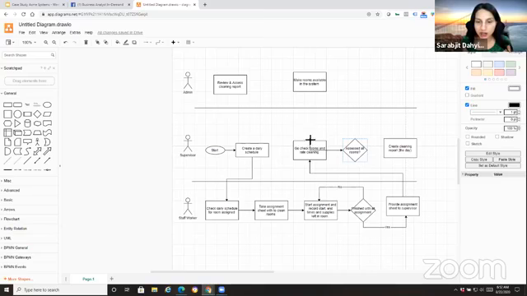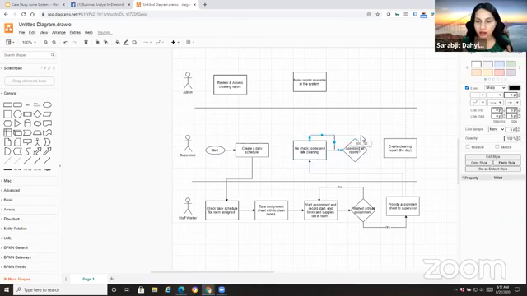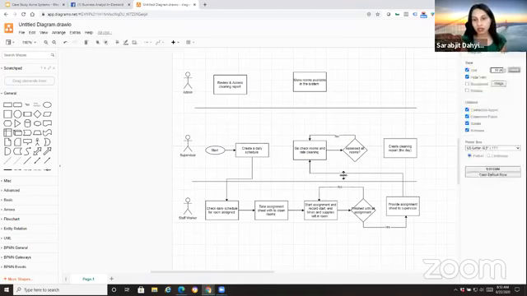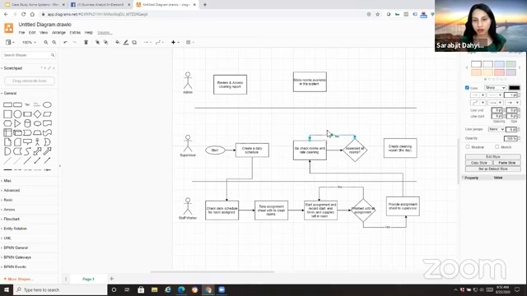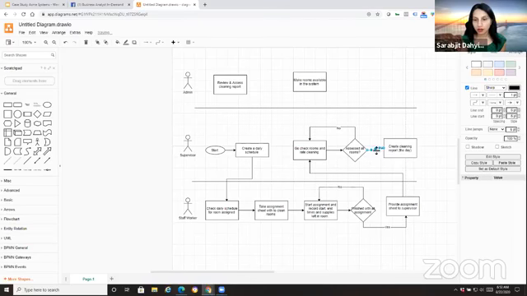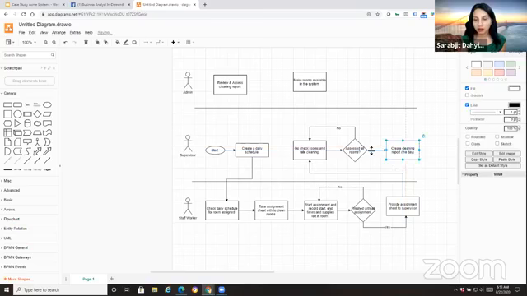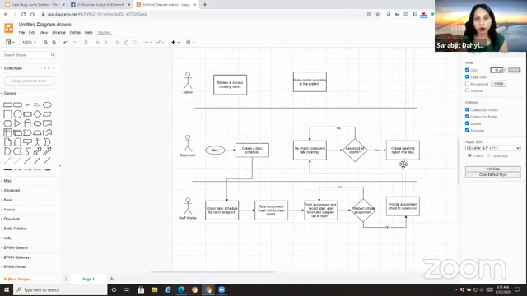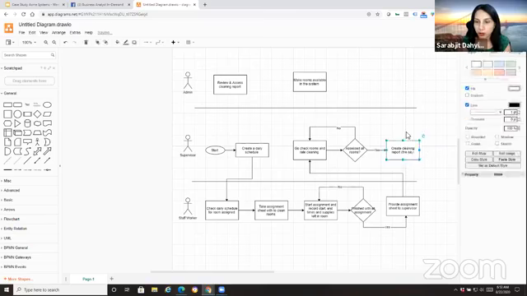If the answer is no, there's a loop here, which means that the supervisor is continuing to check all of these rooms and rate them. If the answer is yes, then we complete the process, create daily report for that day.